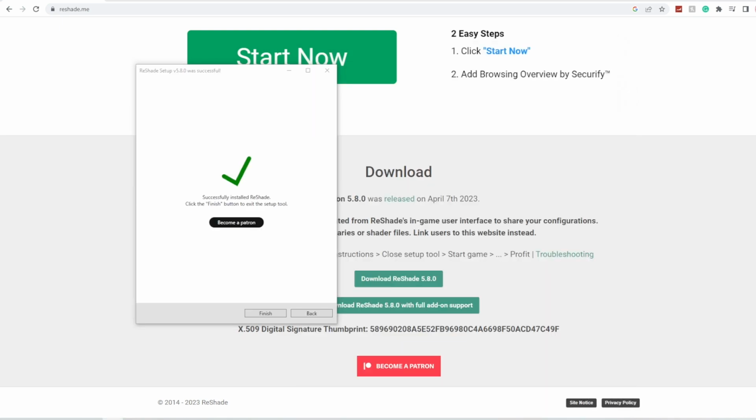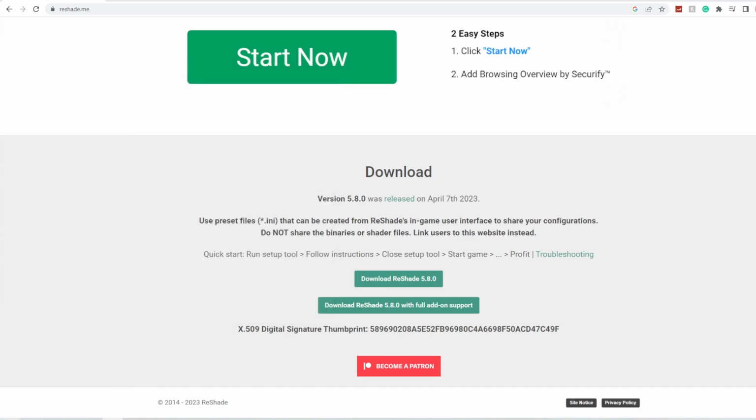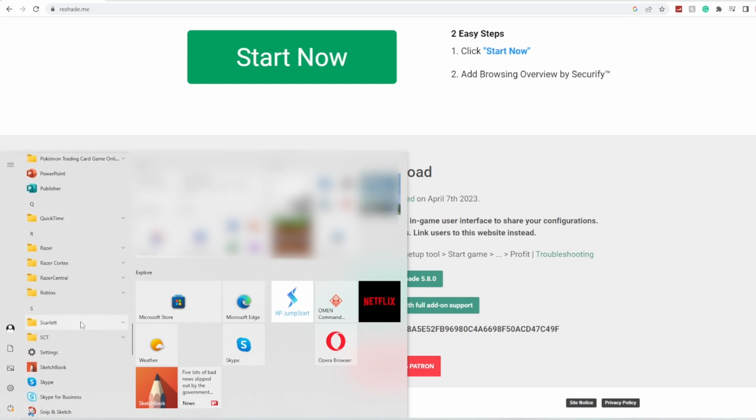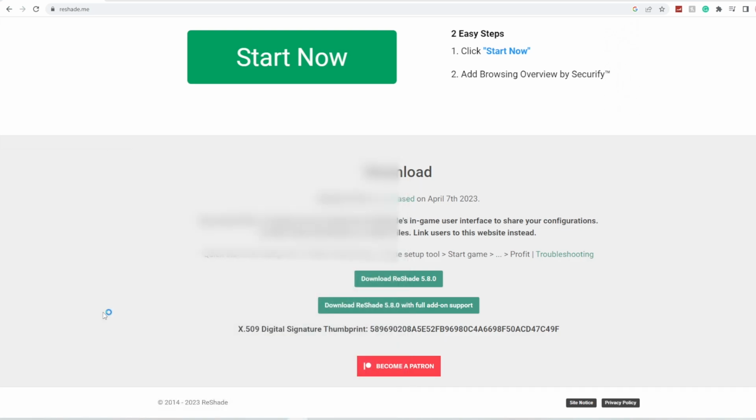Once it's done downloading all of the data, you can click on Finish. Now, once you're done that, you're going to be able to open Roblox and you will have motion blur. Now, since I'm doing this, I'm going to show you how to actually activate it fully because it's not activated yet. So once Roblox actually opens up,